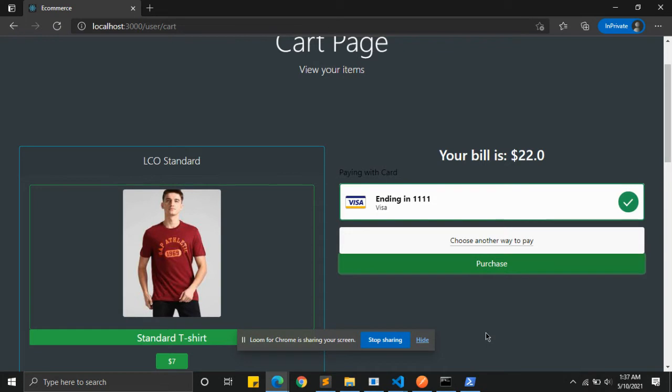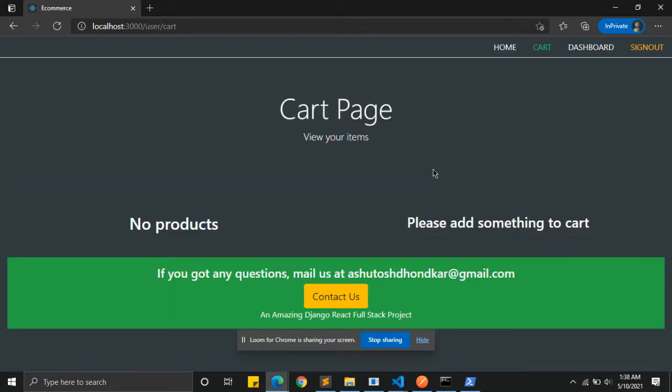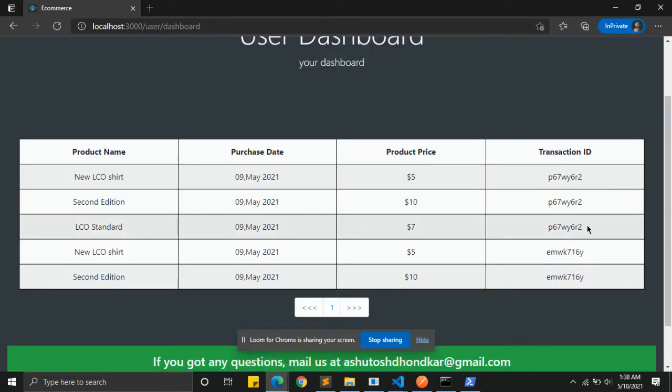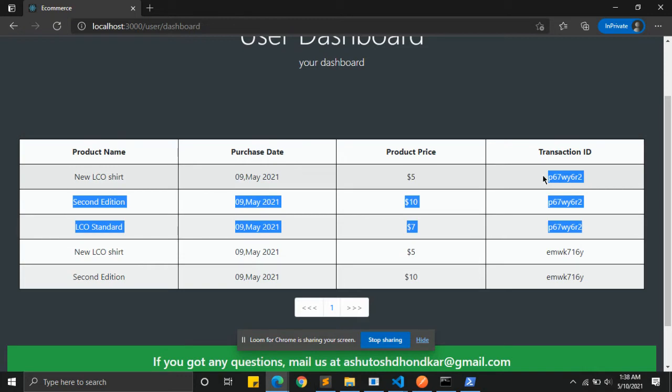As soon as you click on purchase, the purchase gets successful and the items are removed from the cart. And now if you go on dashboard, you'll see these three entries with the same transaction ID.